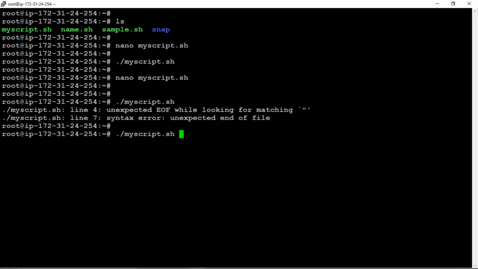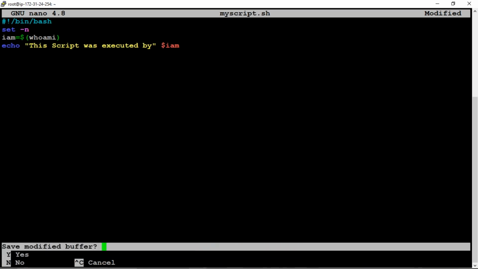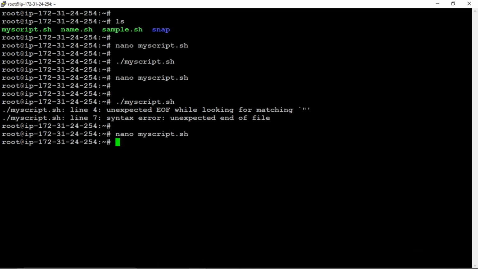Again, get back to the file again. Now try to change this one to this one. Press Ctrl X, press Y and hit enter. Now execute again, ./myscript.sh.